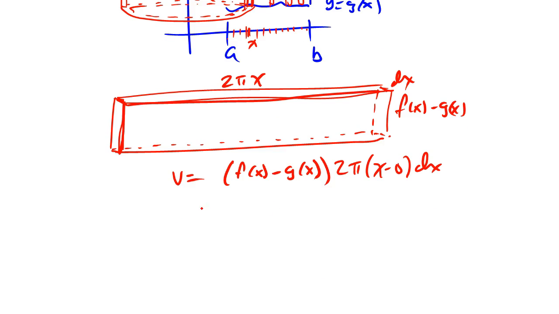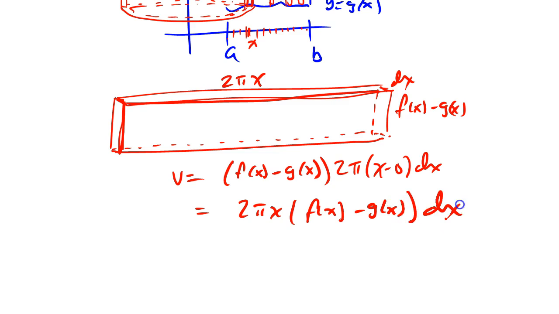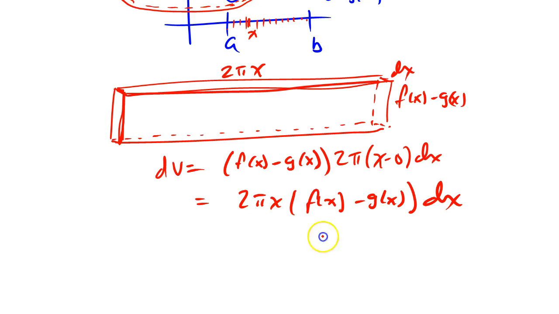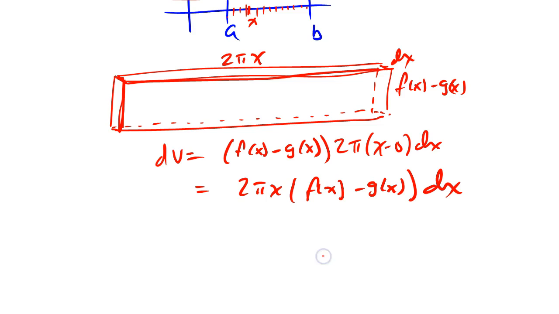Let's rewrite it in a slightly different way. Let's put the 2 pi x out in front. The f of x minus g of x times dx is the little bit of volume. Let's call that dV. To get the total volume, you need to add up the volume of each one of these shells. So the total volume,